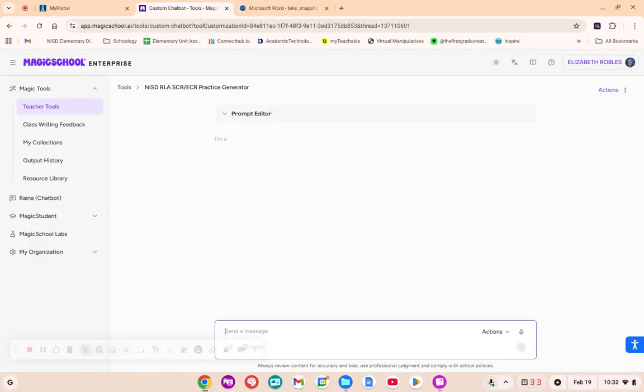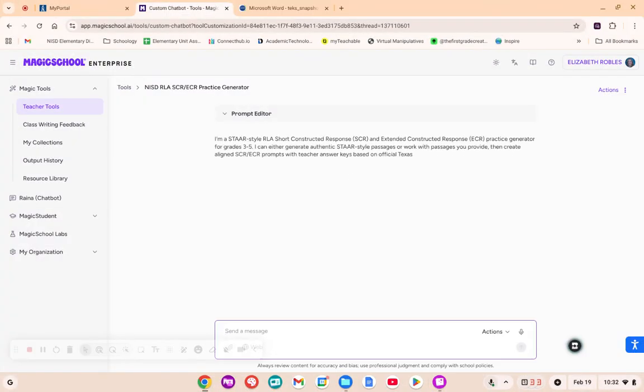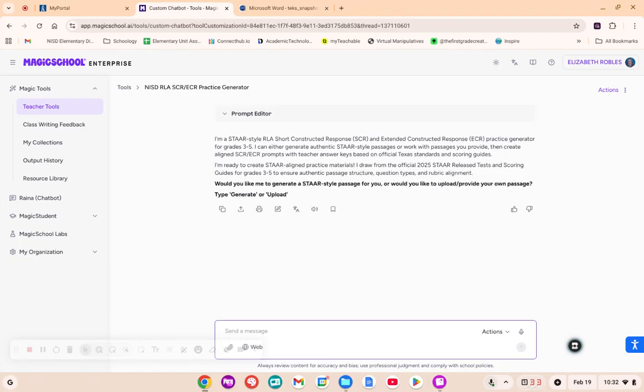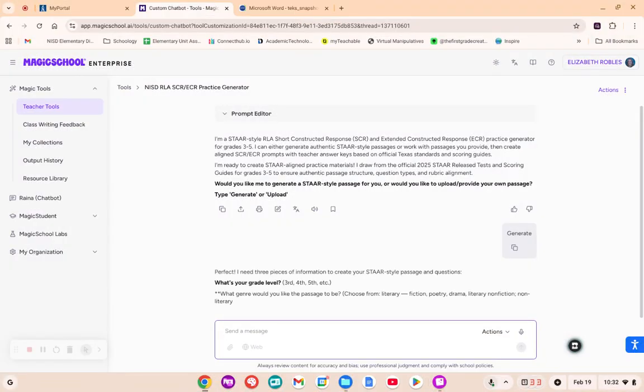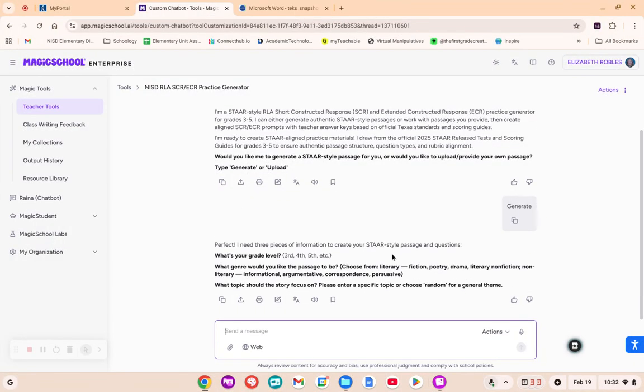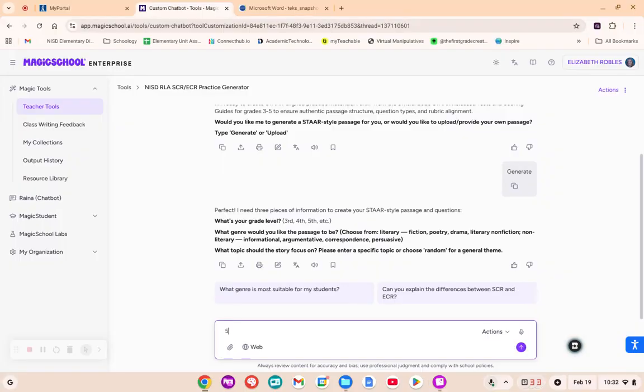So with this tool you can either upload your own passage or ask it to generate a passage for you, and then it will also create SCR and ECR sample questions that you can use with your students. So again, you could upload your own passage, but here I'm going to type in generate because I want to generate a passage. Next, it's going to ask me some follow-up questions like my grade level, the genre, and the topic for my story. So I'm going to enter 5th grade, informational, and then for the topic you can type